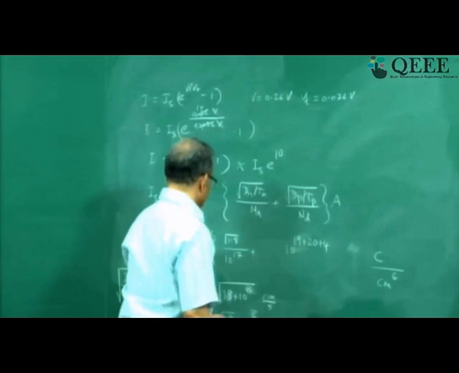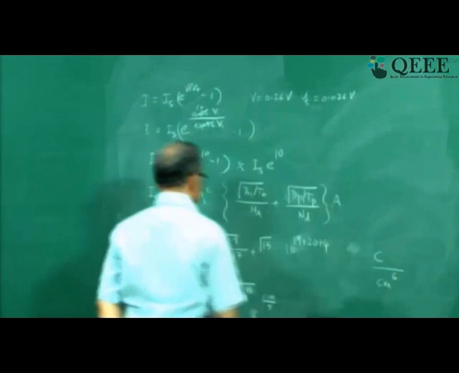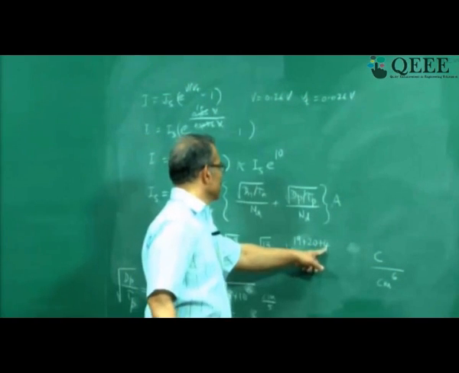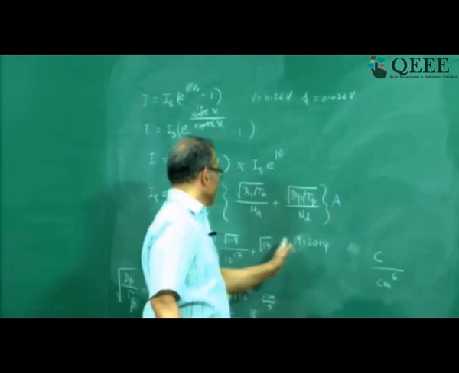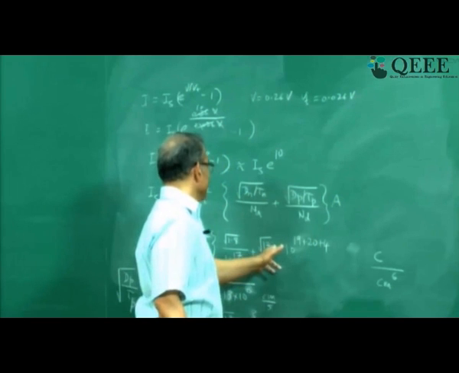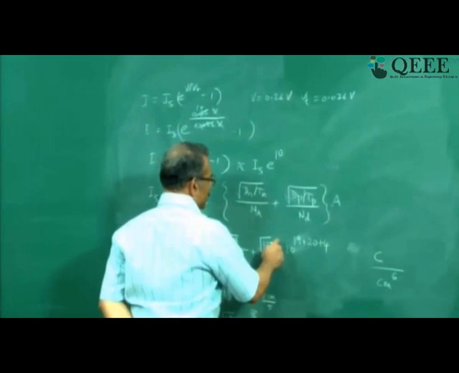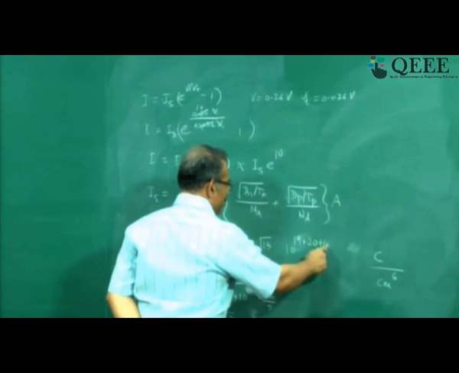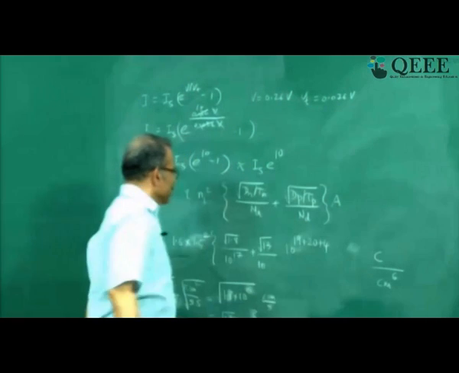So I will put it here. Here I get square root 13 into 10 power 3. Now I have moved out 10 power 4 out of the bracket. Therefore inside I should divide by 10, because this is 10 power 3 into 10 power 3, so since I have taken out 10 power 4, I have to divide this by 10. And Nd, let us take Nd.